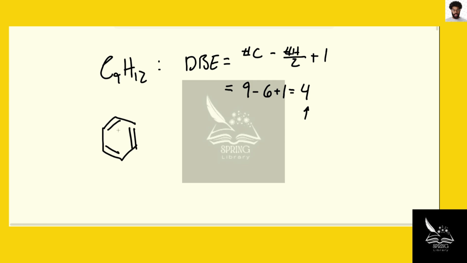Benzene has 1 double bond, 2 double bonds, 3 double bonds, and a ring, which gives a double bond equivalency of 4. When you calculate a DBE of 4, it's very likely that you're dealing with benzene. It's not a guarantee, but the other hint is